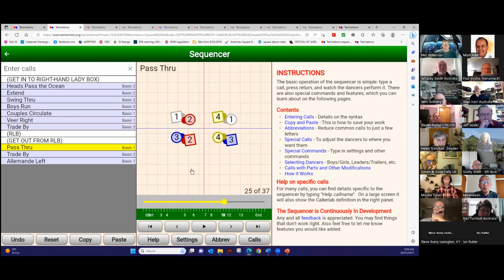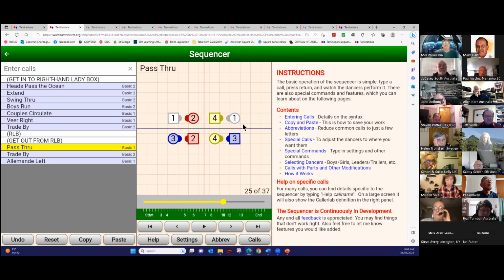Okay, so there's a get-in to a right-hand lady box. The reason I chose this particular get-in is that most people would look at here and say, oh, I'm in a right-hand lady box, I should have couple number 2 on the outside and 1 and 3 on the inside. No. If I did a pass through, trade by,